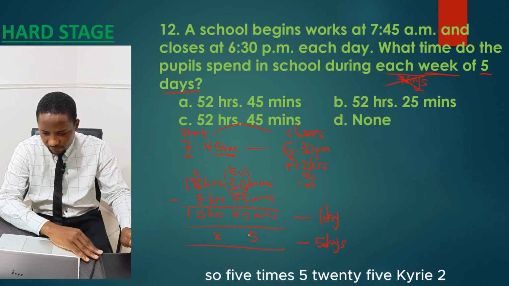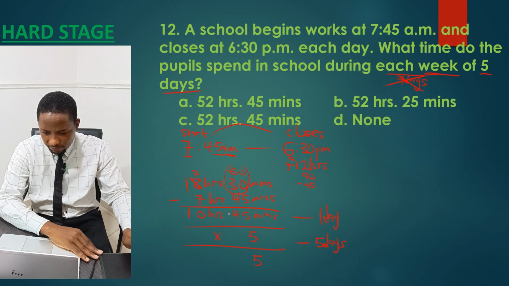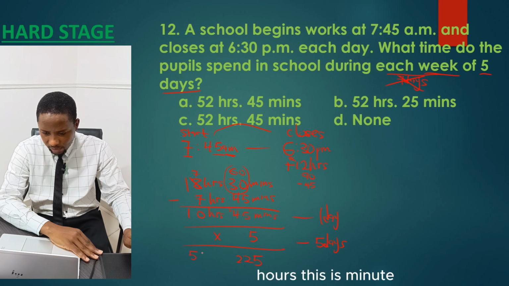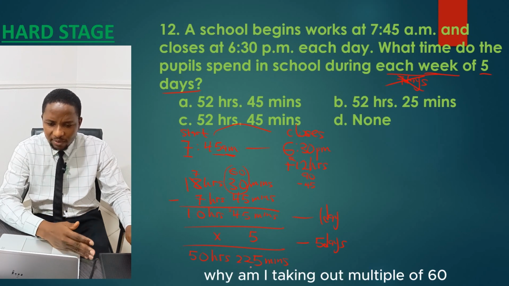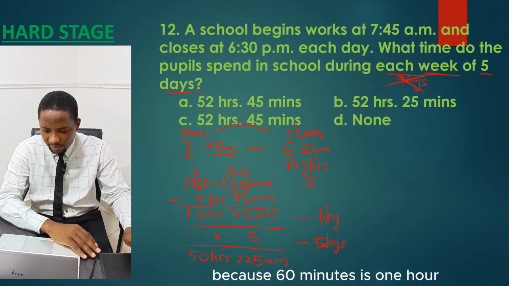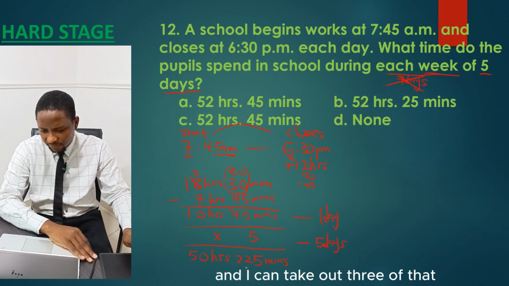So 5 times 5, 25. Carry 2. 5 times 4, that is 20 plus 2, 22. And 5 times 10, you have 15 hours. This is minutes. But there are multiples of 60 that you can take out from 225. Why am I taking out multiples of 60? Because 60 minutes is 1 hour. And I can take out 3 of that, which is